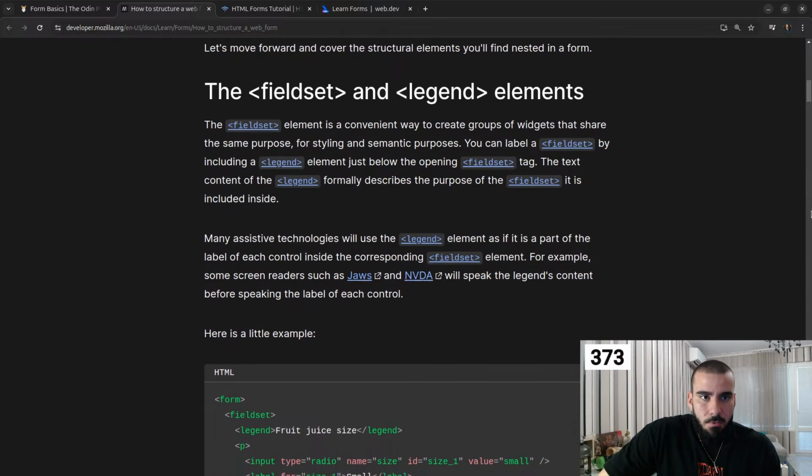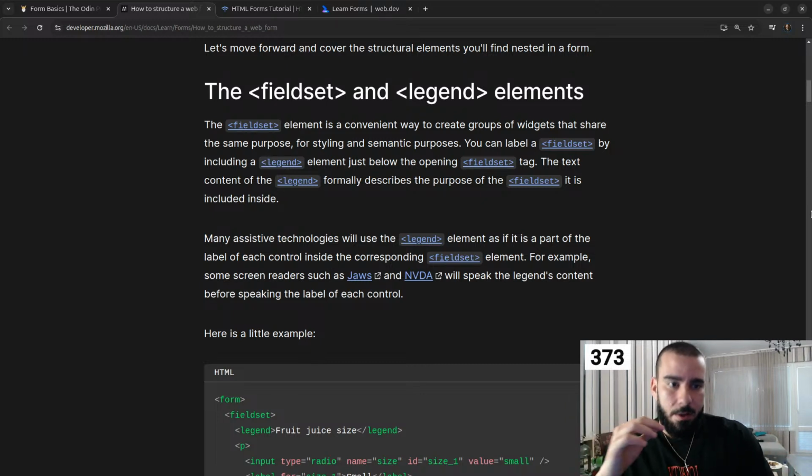Okay. Let's move forward and cover the structural elements you'll find nested in a form. Fieldset and nested elements, legend elements, I'm sorry. The fieldset element is a convenient way to create groups of widgets that serve the same purpose. For styling and semantic purposes, you can label a fieldset by including a legend element just below the opening fieldset tag. The text content of the legend formally describes the purpose of the fieldset it is included